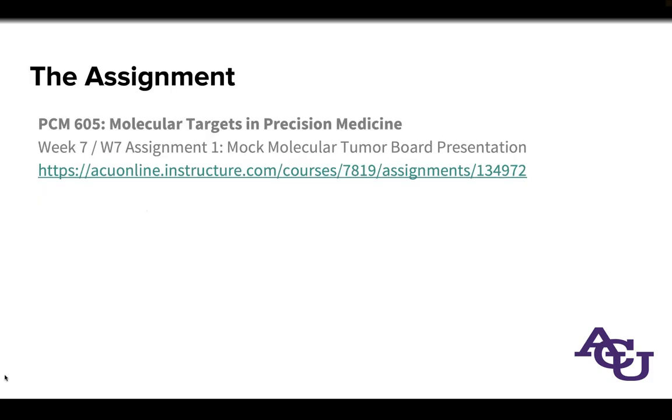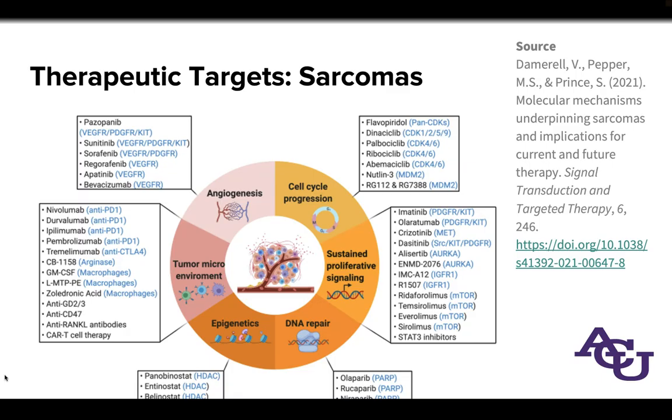And if we were looking at this graph again here, let's say that they were on apatinib and that was working very well, and then after they had a regression, the tumor started enlarging, and you're like, oh, and so we tried switching to regorafenib and it didn't work, and we tried switching to bevacizumab and it didn't work. Well, there's probably something why all 3 of those VEGFR drugs didn't work. So it comes to